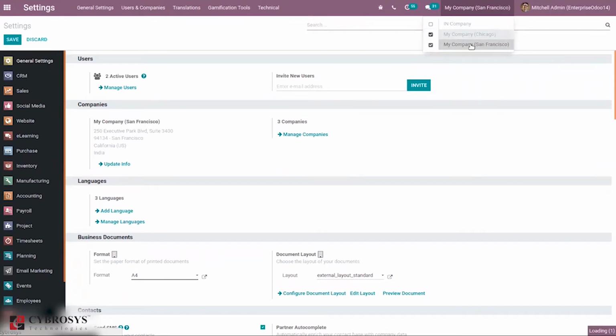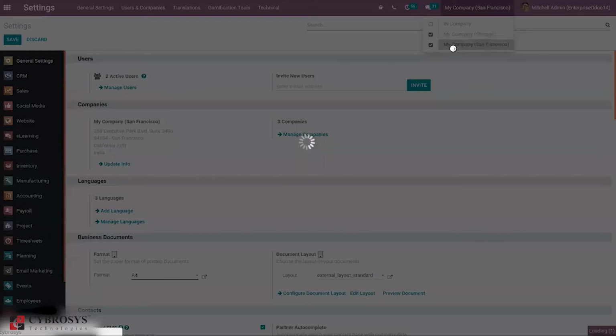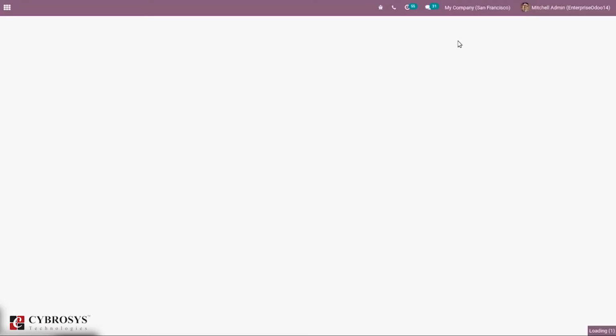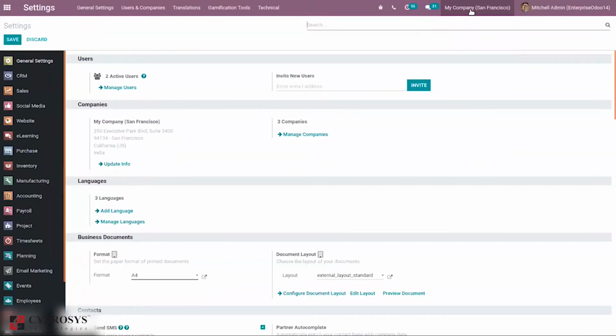So we can activate companies for your database, and you can see the grayed company is the one whose environment is in use. To switch to a different company, just click on the company name. Then we will be able to see it switch to that company.